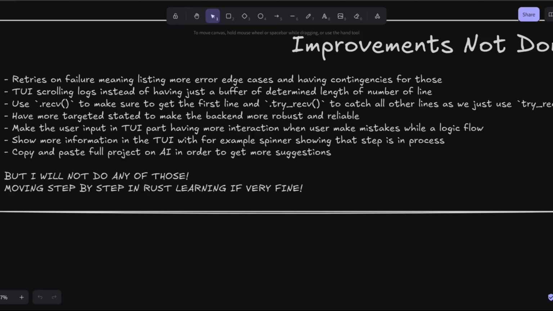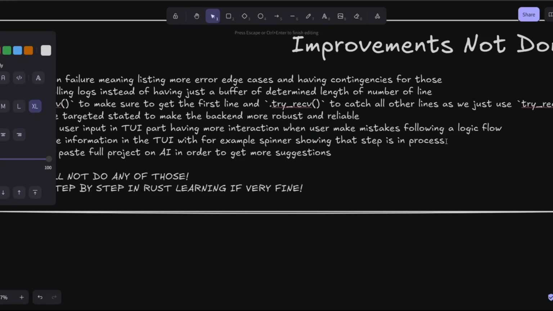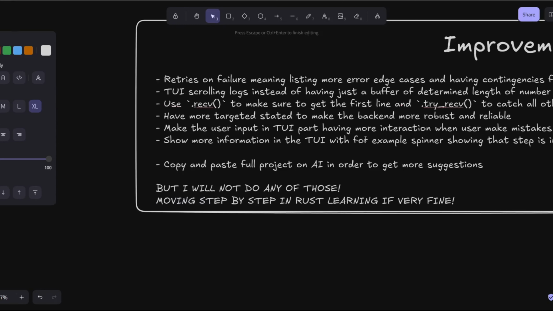But I don't like this design. As I don't like this design of nesting a try receive inside a receive, I just use try receive. Have more targeting state to make the backend more robust and reliable. I have a lot of states, and that helped me to understand how to use those states. But doing a little bit more of those would be nice, and make the user input part have more interactions,